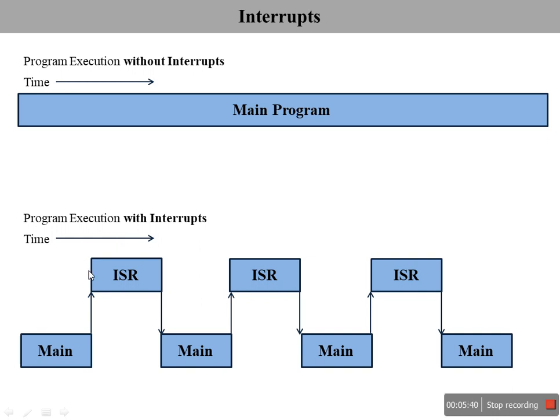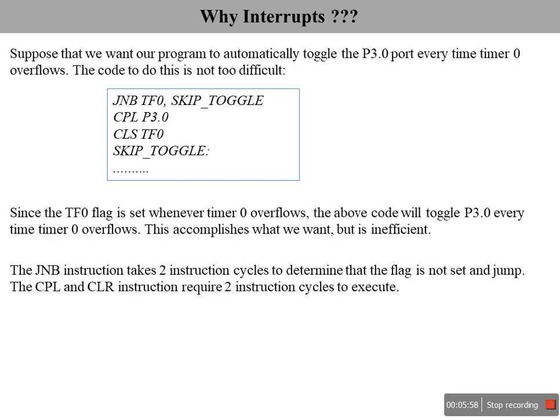After completely executing the interrupt service routine, it has to come back to the same position where it left off. Similarly, further interrupts will be served like this. This is how the attention of a microprocessor is dragged, and this is how your microprocessor will be serving the IO devices. So why do we need interrupts basically? This particular scenario will show you why interrupts are required.